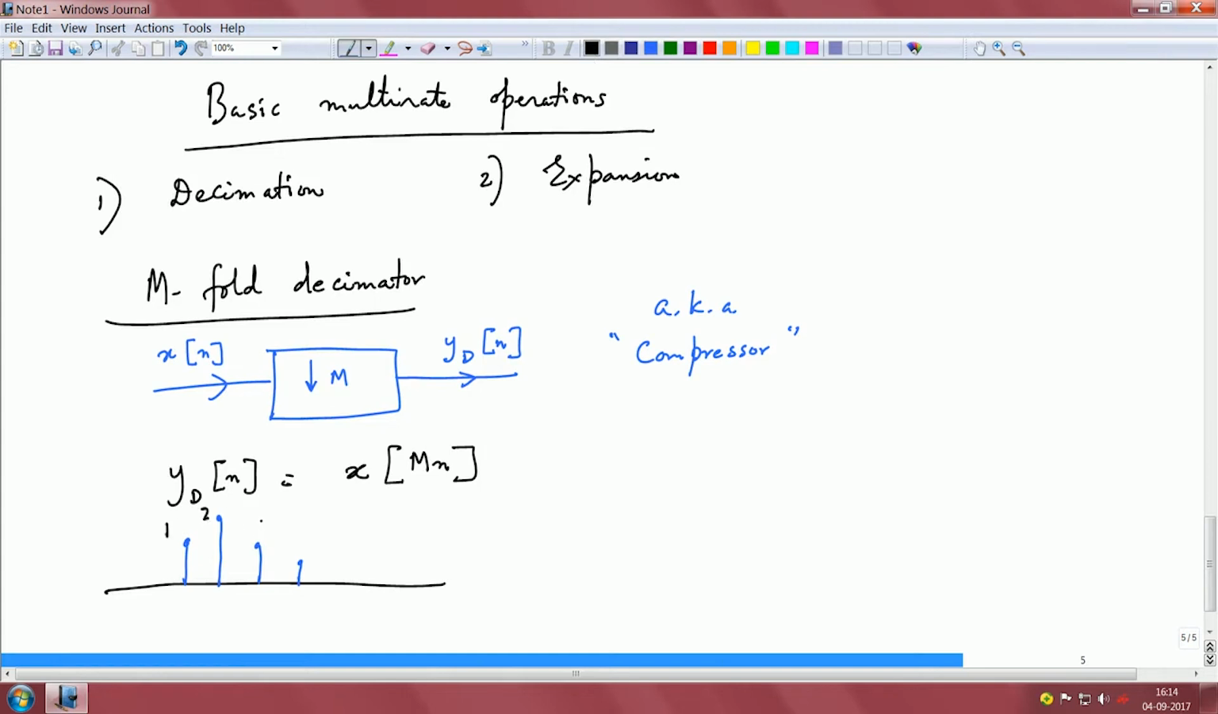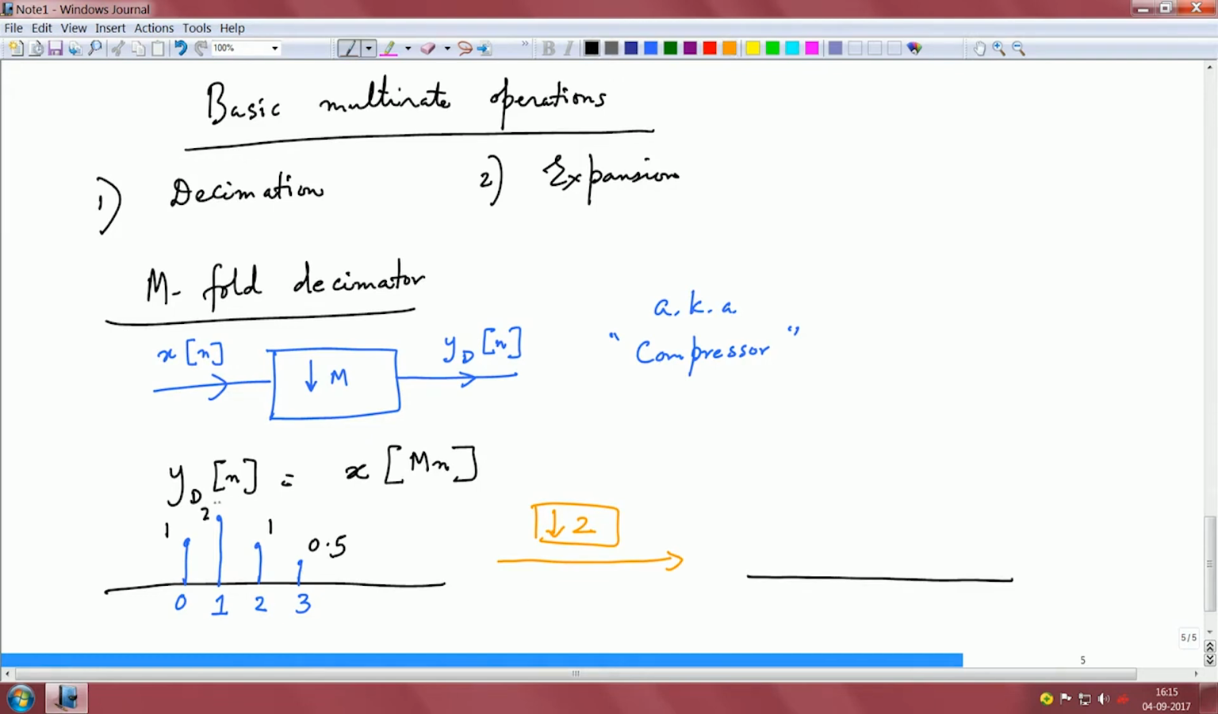Say this is 1, say 2, say this is 0.5, and let us assume that this is time step 0, time step 1, time step 2, time step 3. And if I want to get this through a decimator with M equals 2, that means I am slashing my rate by half, right. What I get is,